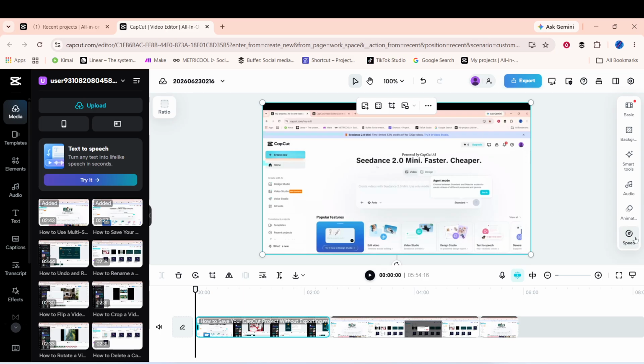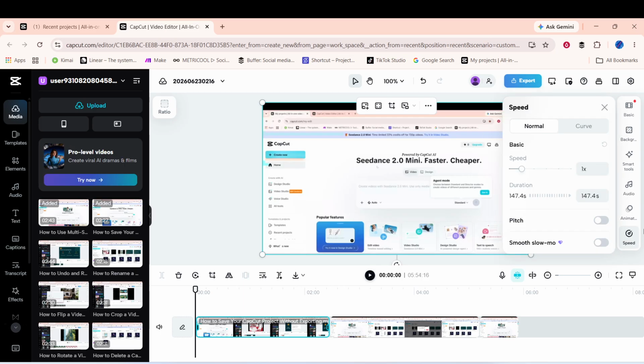Next, look over to the right side editing panel. This is where CapCut places many of the clip adjustment tools. In that panel, click on Speed. After you do that, wait briefly for the Speed panel to open. When it appears, confirm that the Normal tab is selected. This is the standard speed adjustment mode, and it's the one you'll use for a simple, even slow motion effect